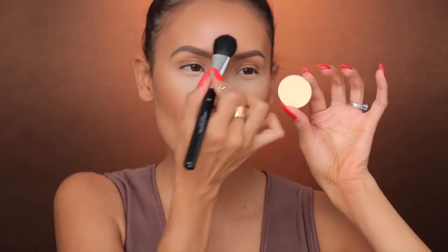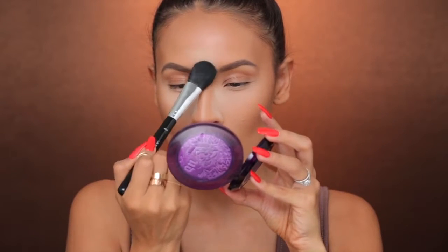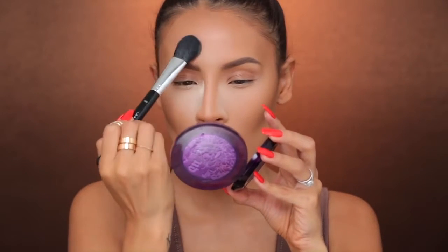Now to highlight the forehead area, because we want light under our eyes, but you also want the center of the forehead to be light and the chin. I'm taking the OFRA Cosmetics Banana Powder, and this is an ABH A22 brush. And I'm just gonna place this right here so it just seems like there's light hitting this part